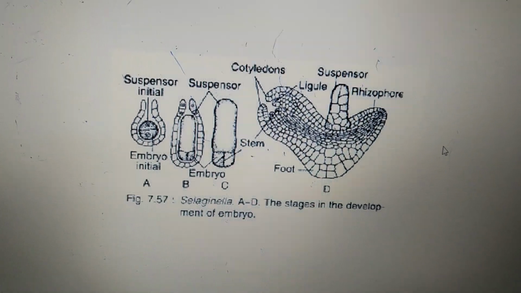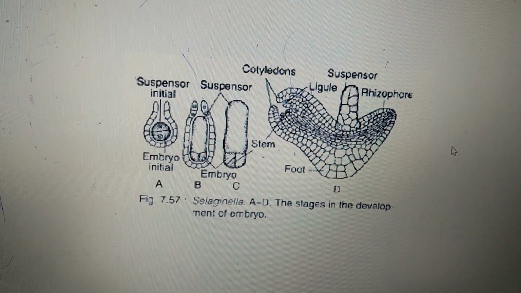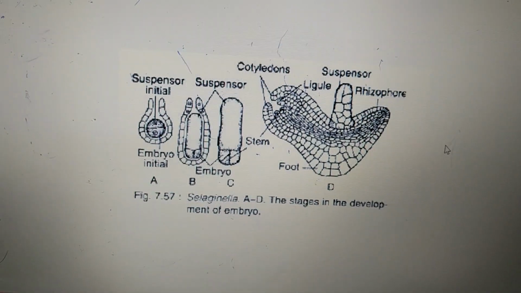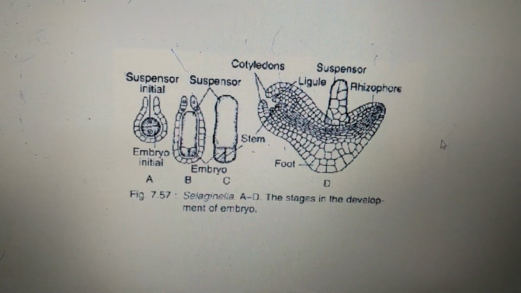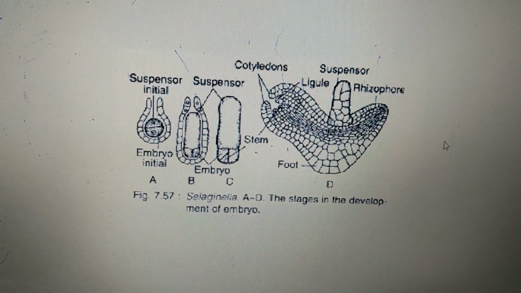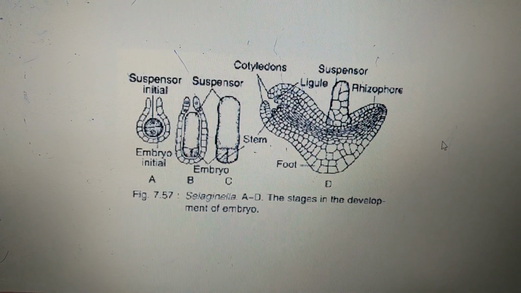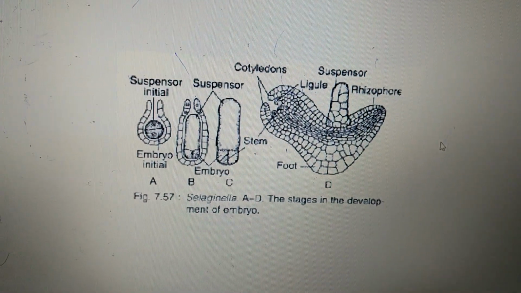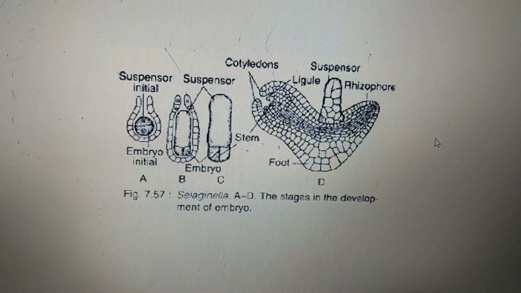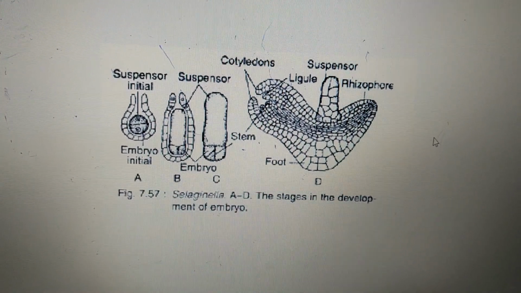Here we will be discussing the different stages in the development of the embryo in the case of Selaginella. Fusion of the male and female gamete leads to the formation of a diploid cell called the zygote. So the zygote is the initial stage of the sporophytic generation. During the development of the embryo,